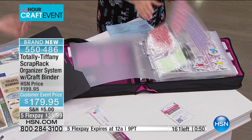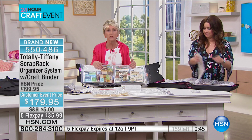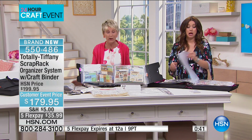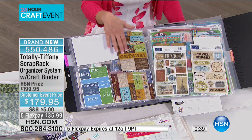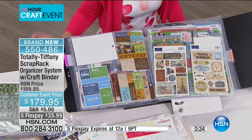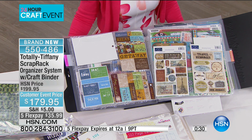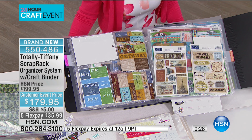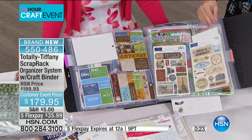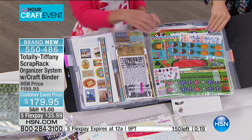And more than that, you're gonna find so much more value in your products because you can see them and you're gonna use them, right? How many of you have products that you're not using because you don't even know they exist anymore? It's a mess. Get them out in front of you, get them visible, get them accessible, and I promise you that you will craft more often and have more fun and get more done because you're organized with your supplies. Exactly, so easy to see. You're not digging through little containers to try to find everything, perfectly angled so that you can essentially just turn through the pages and see all of the...